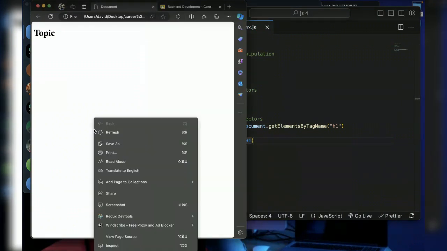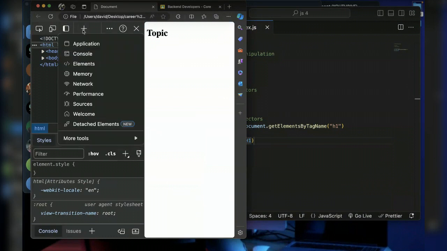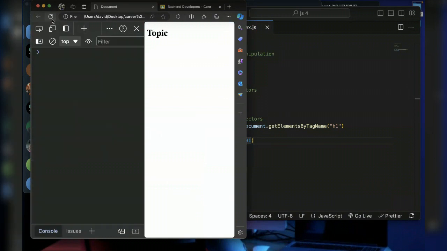So if I click here and click on inspect, check my console, refresh, I have H1 collections console logged here. So it's selecting all the H1, and if you look at the length, it is just one H1 inside here.